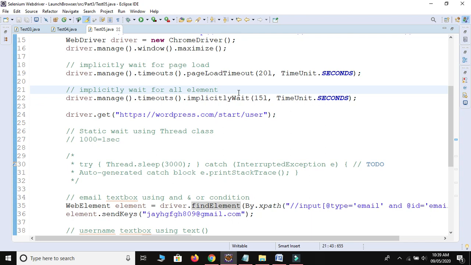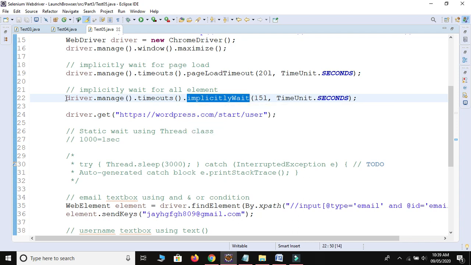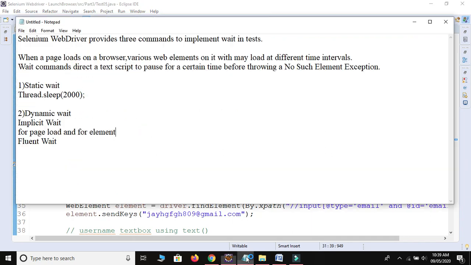So this wait is applicable for each and every element on the web page which is created by this reference variable. I will create a new video for the fluent wait. Fluent wait is applicable for only one single element. This is the difference between implicit wait and fluent wait.